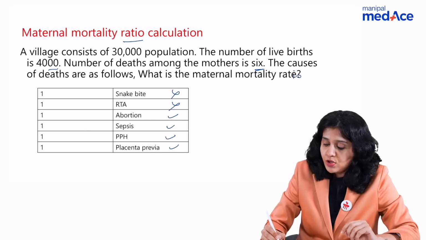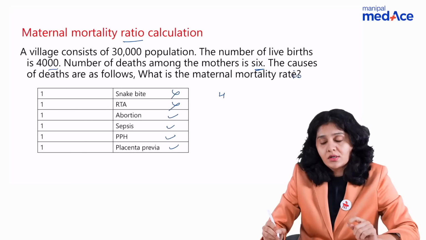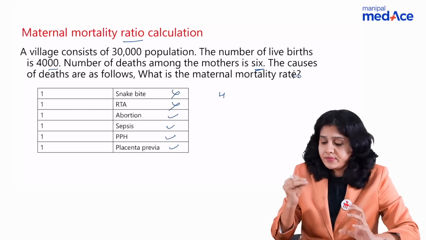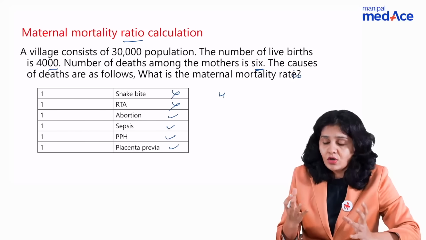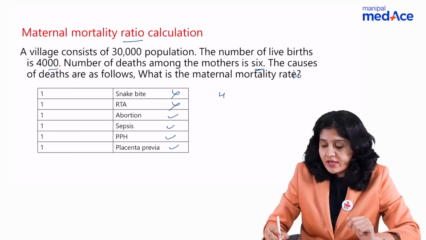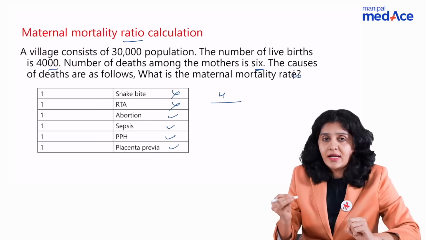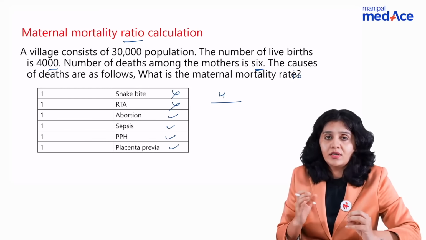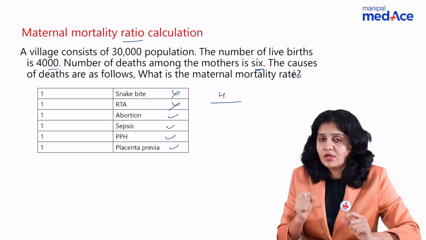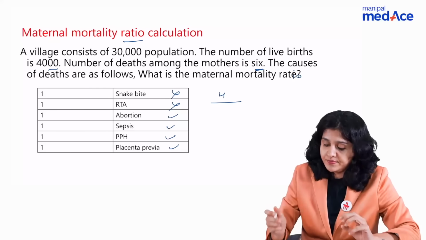So in the numerator, what do you have? Simple calculations only they'll give you. They won't give you calculations which will make you use calculators and all, because that is not allowed. So simple calculations only they'll give you. But looking at the question, we should not get scared thinking there are too many numbers, we won't be able to calculate, let us move to the next question. So we should not do that. They always give you simple calculations, right?